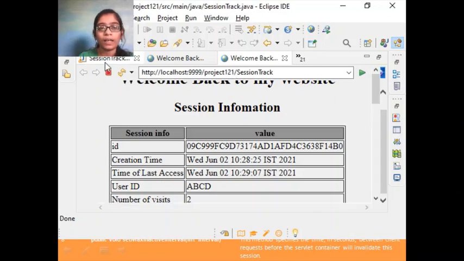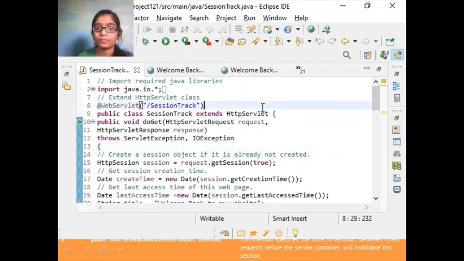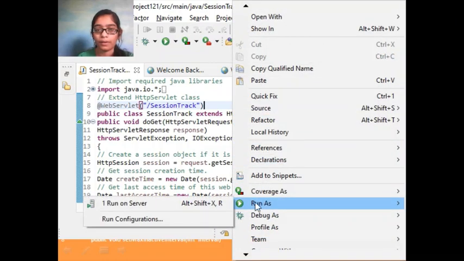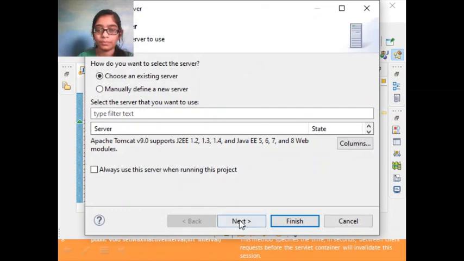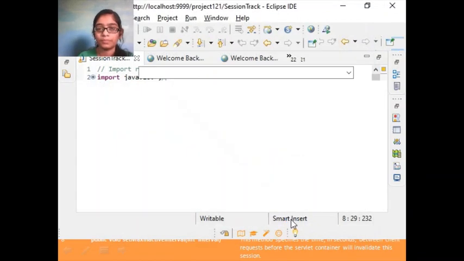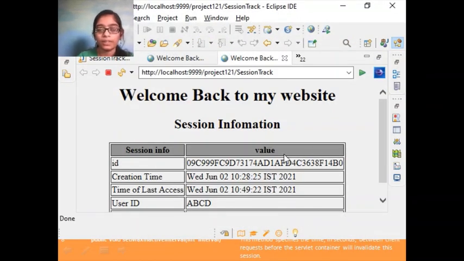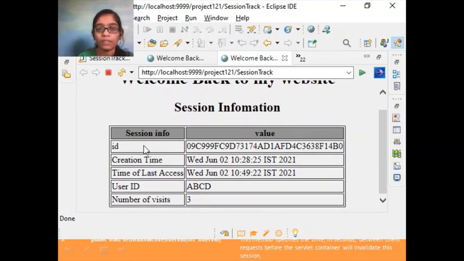Now if I compile again, you can see that it is showing the same session information: the ID, creation time, time of last access, user ID, and the number of visits has changed from 2 to 3. So you can see that it is maintaining the data.